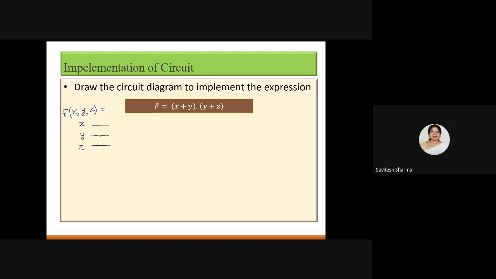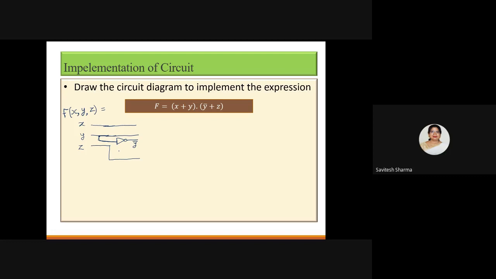So what will I do? I will generate an inversion signal by passing it through an inverter. My first requirement is the true signals, and another requirement is the complement. I need a complement of y only. So I am only showing an inverter for y. This y, if it is passing through the inverter, is generating y complement for me. Okay, my requirement is fulfilled now. I have x, I have y, I have y bar, I have z.